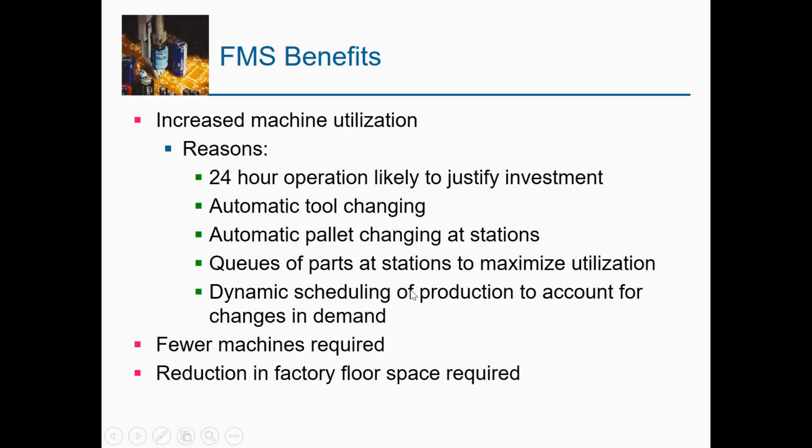And we really discussed scheduling in a very detailed way. What is scheduling? The ordering of the parts on the machine with respect to time is called scheduling. Whenever the order changes, the overall makespan also changes. So we need to find the best optimal schedule of the parts on the machine where we have the least makespan. If it is all computer based, then definitely you can find a very good optimal schedule. Fewer machines required, reduction in factory floor space required. All these are the benefits.